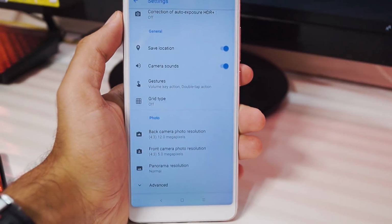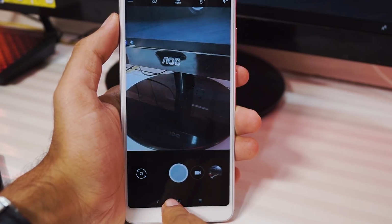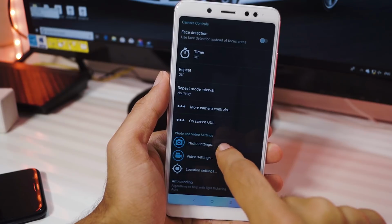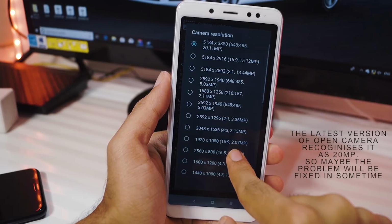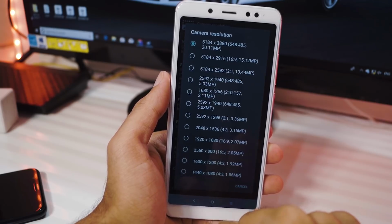But one issue that I faced with the camera on this phone is that if you use third-party apps like Google Camera or Open Camera or something like that, the front-facing camera is only recognized as a 5 megapixel sensor. The stock app shoots at 20 megapixel, but for some reason in third-party apps it's only recognized as 5 megapixels. So I don't know what's wrong with that, but I thought I would mention it in this